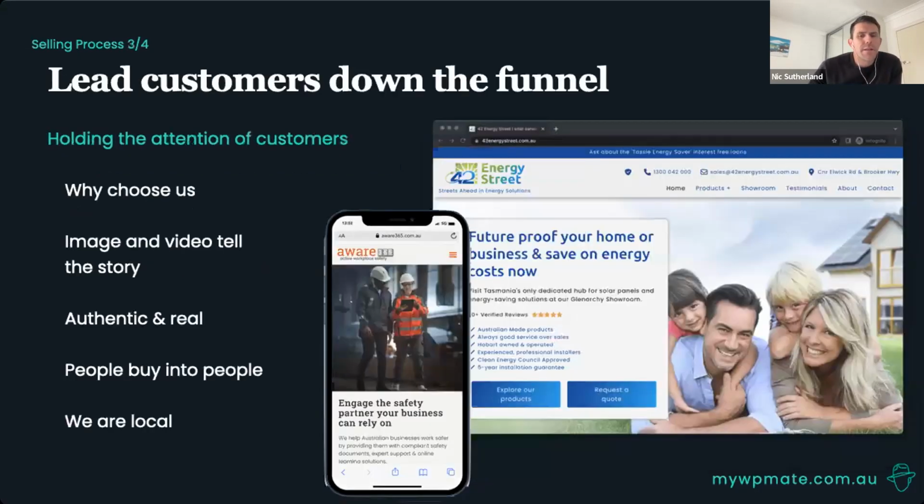But this 80% rule could be a little bit deceptive. You might be asking, and people always ask this, why do I need a whole website if 80% of my people don't even go past that first arrival sequence? Most of our customers, most of our leads, our viewers, they really still require convincing at this point. They'll still have questions. They've come to the right place, but they probably want to know who's behind this business. Are the product features right for me? How about the price, especially if we're selling?